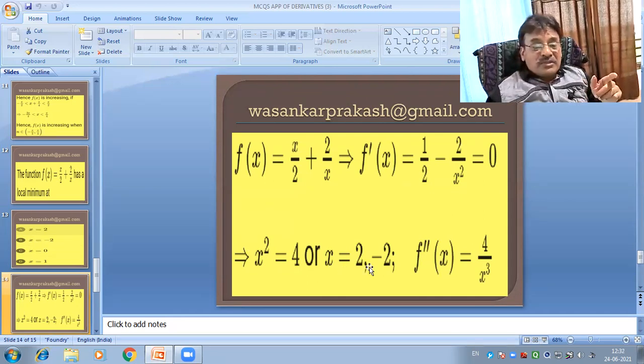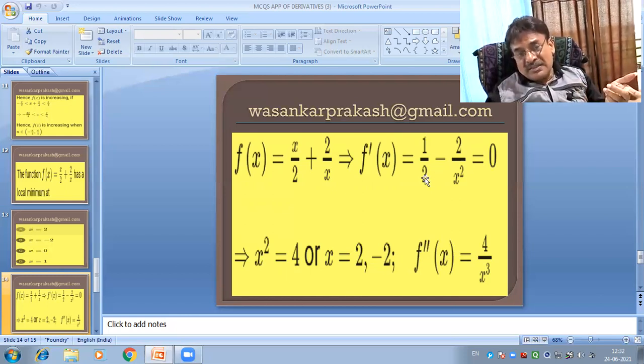And then we put the value of x in the second order derivative. So find out the second order derivative. Differentiate this equation both sides with respect to x. Then f double dash of x is equal to derivative of 1 by 2, and 1 by 2 is constant, therefore derivative is 0. Then we find the derivative of 2 by x square. This can be written as d/dx of 2 x to the power minus 2, which is minus 4 x to the power minus 3. Wait, as in the video: negative negative positive, 2 into 2 is 4, so 4 into x to the power minus 3. By using the indices rule, 4 upon x to the power 3.